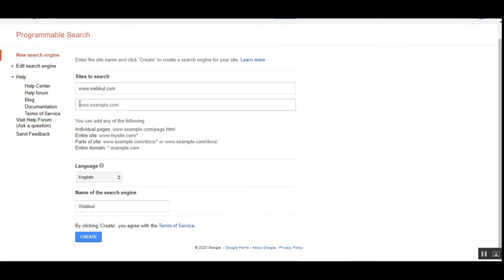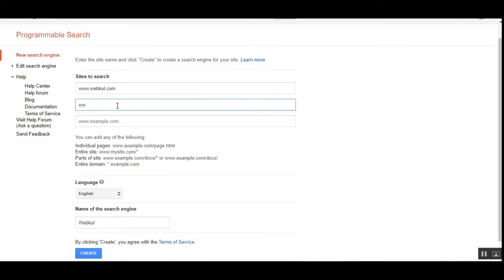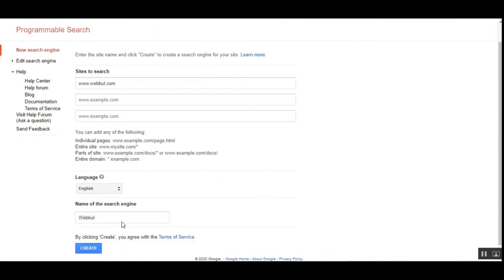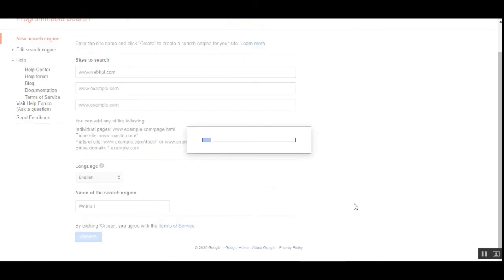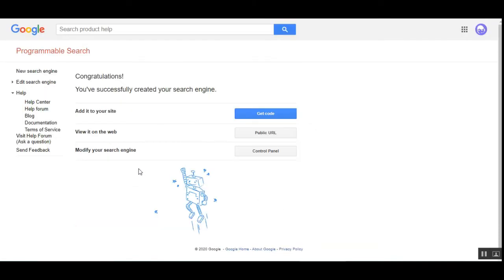So right now I've set it as www.example.com, or let me set that up once again. Alright, I've just entered it already, so you can also add multiple ones here. And here we have set up the name of the search engine, and then we'll just tap here on the create button. It will process the data, and then you can see that you've successfully created your search